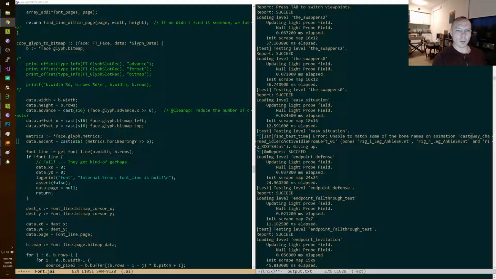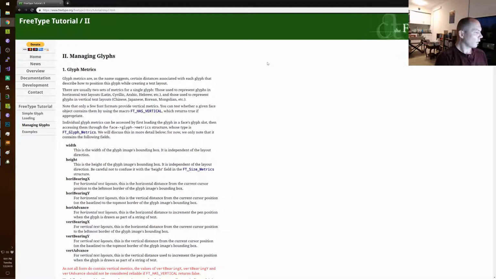Horiz bearing Y. This is the horizontal distance from the current cursor position to the leftmost border of the glyph image's bounding box.